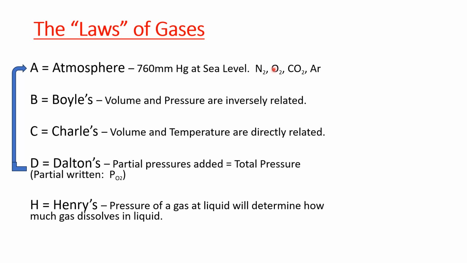So, for instance, we're about 20% oxygen, so 20% of this number would be oxygen. We're about 60% or so nitrogen, same thing. So these are broken up into their individual partial pressures, and that's what we call an atmosphere. If we went above sea level, like we're climbing a mountain, that number would drop. And if we went below sea level, like the Dead Sea or Death Valley in Nevada and California, that number